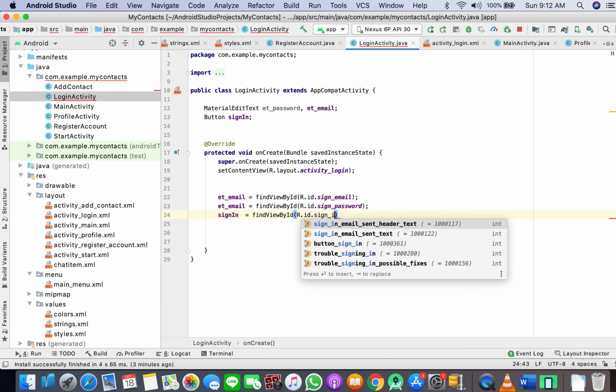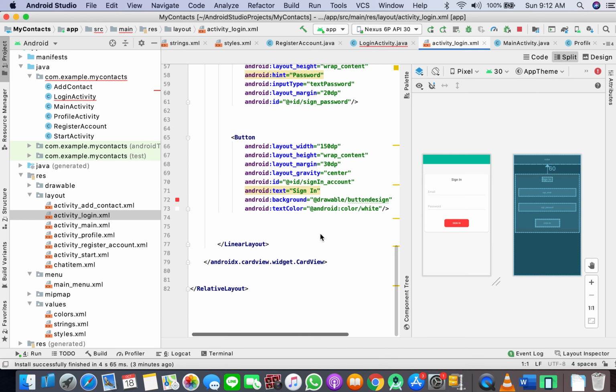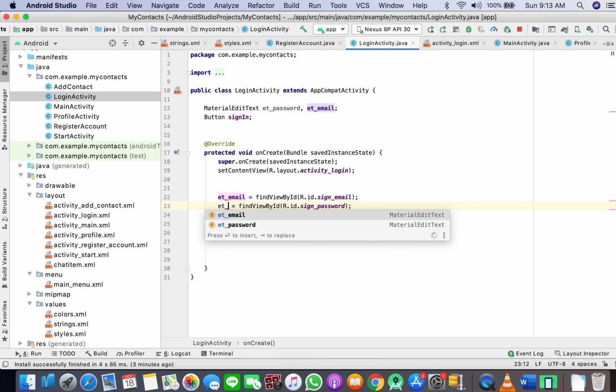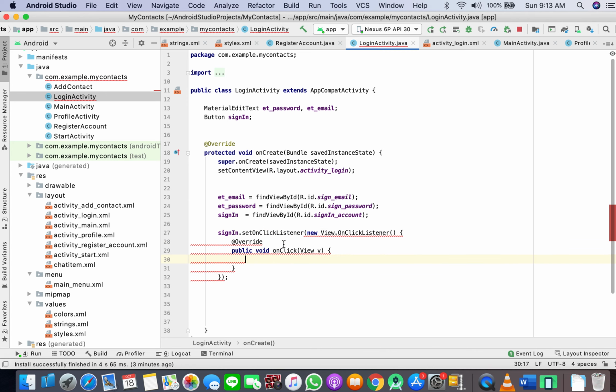Now the button for sign in. I don't think this was the ID, but let's just confirm. Sign in account is the ID, so we will make sure to cast the right view on the right ID, and etPassword. Okay, and now what I'll do here is apply the same setOnClickListener, new View.OnClickListener, and